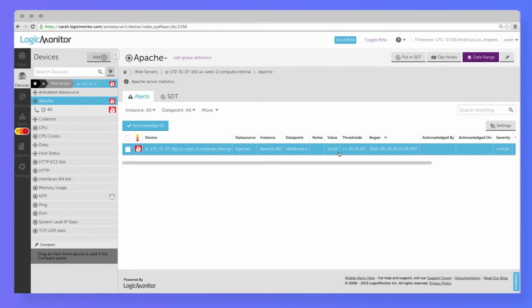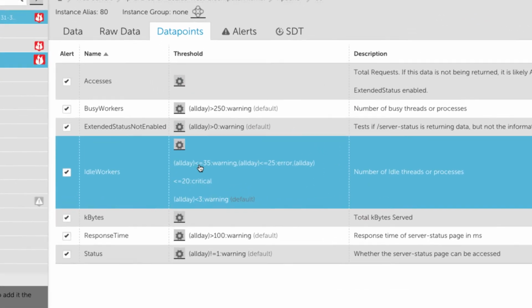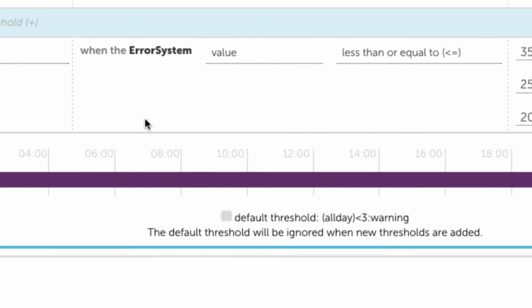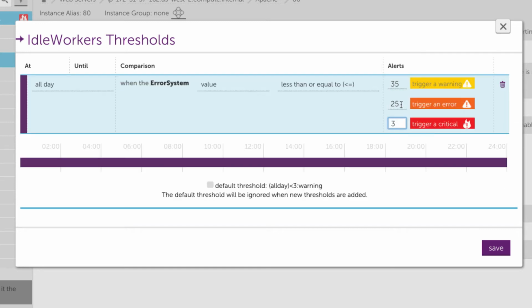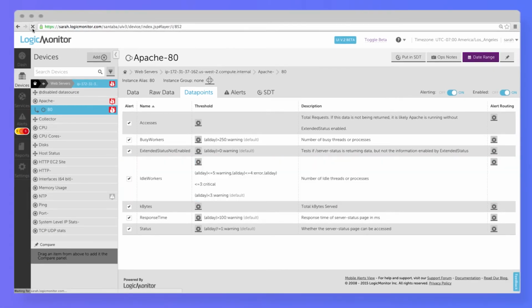To change the threshold for this data point on this particular server, navigate to the Data Points tab. You can see that the thresholds set for this data point are overriding the global default threshold of 3. Select the gear icon next to the idle workers data point. Let's set the critical threshold to 3, the error threshold to 4, and the warning threshold to 5. Click Save. And now that critical we're getting should disappear, and we know that this Apache instance is configured to